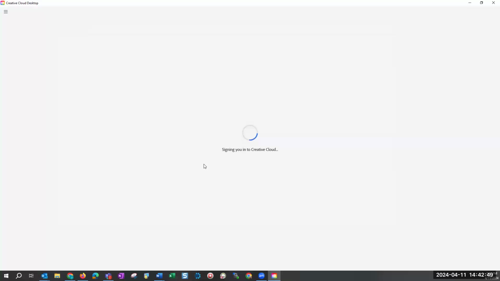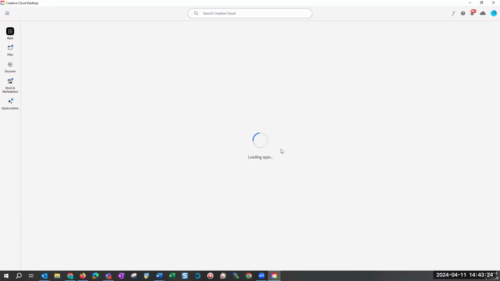And then once you do all of that, it's going to load the Adobe Creative Cloud. And then any app that you have down below that you want to install on your computer. Now, just remember, these are large applications. So if you don't have a large hard drive or something, it's up to you on what you want to install.